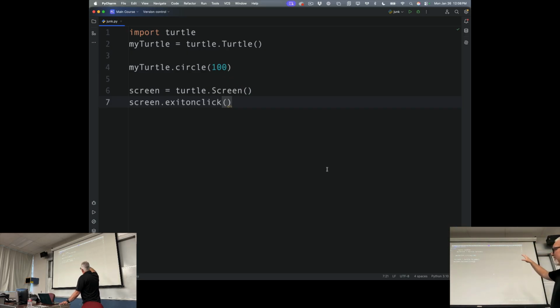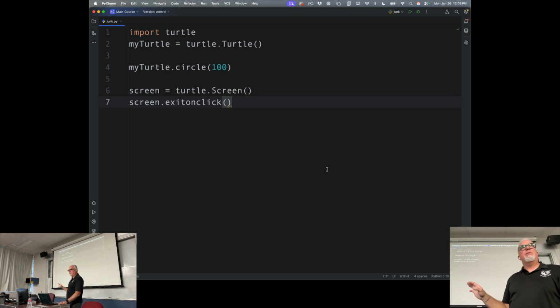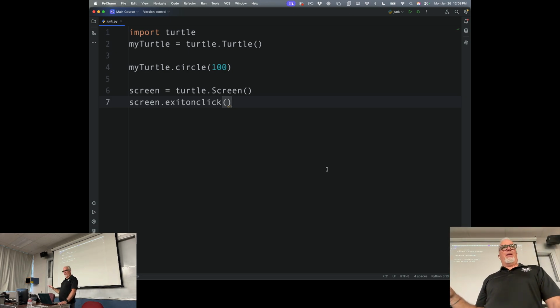So make a circle, the size is 100, and then the last two, lines 6 and 7, all that does is keep the window open. If I don't have those, it'll open a window, draw the circle, close the window. You won't even see it. It may be just a flash on your screen. So it'll keep the window open until I click on it. So if I run this,